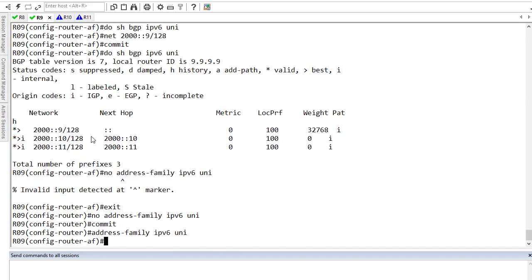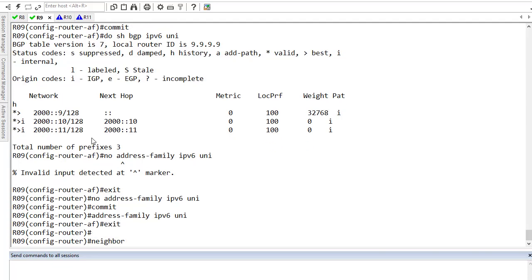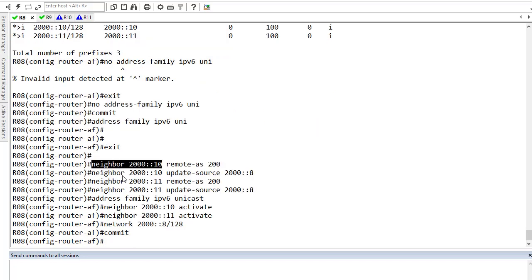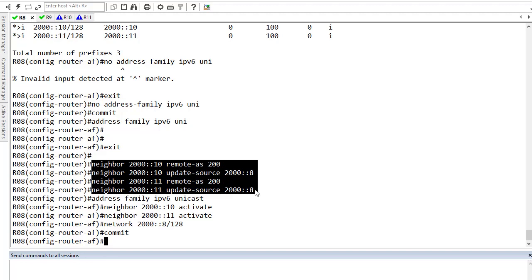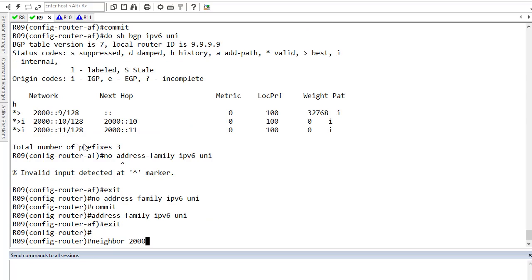Let's go to router 9, exit address family. I'm going to say neighbor 2000. I can just copy from here and paste it. Why would I just do everything again? I just need to copy these commands because these are exactly similar on router 9. So I'm going to say